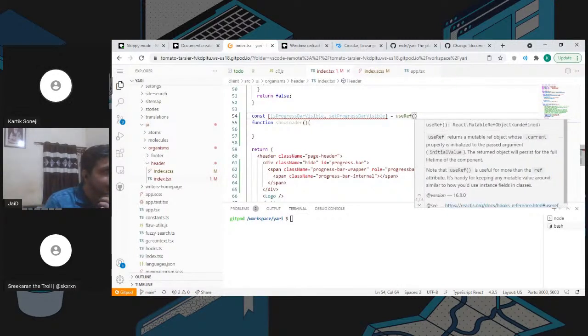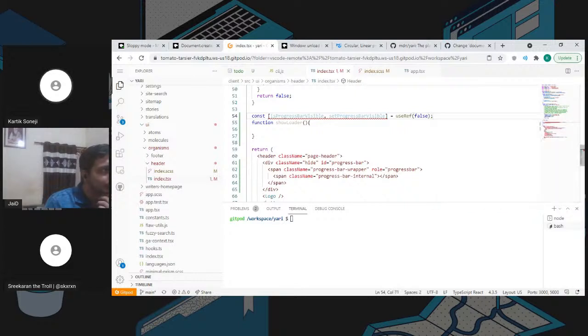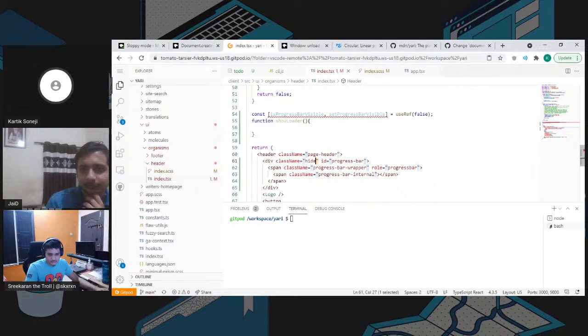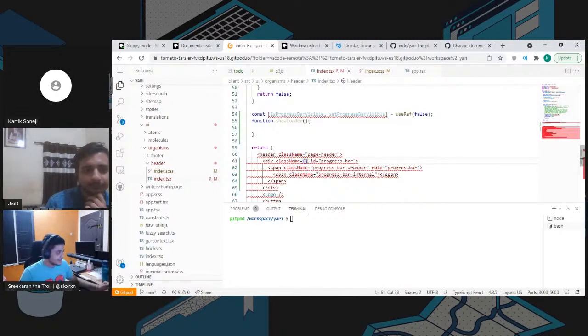Initial value will be false and className is equal to